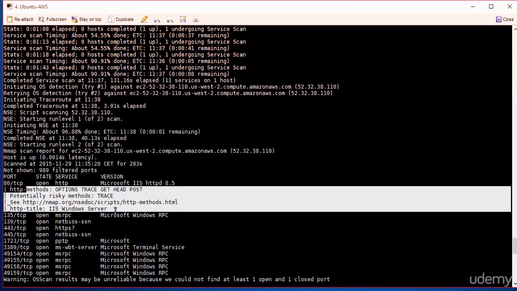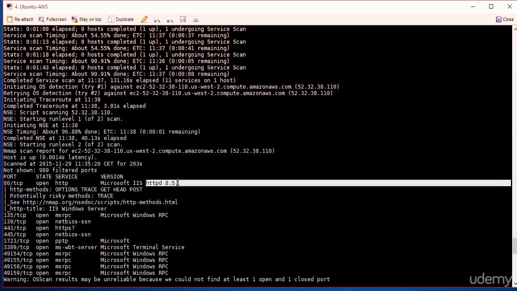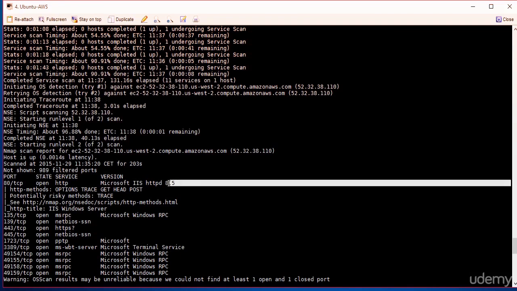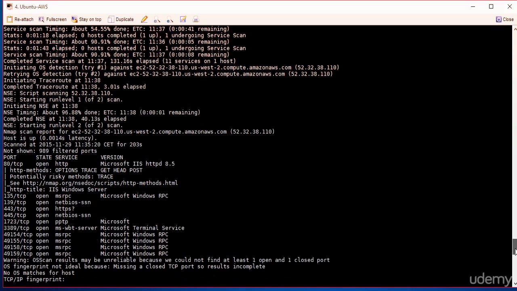It also tells me that it has an IIS machine, and if you look up here, 8.5, that being the version. A hacker would look at this information and say, what are the vulnerabilities on an 8.5 IIS machine? And this information is available on the internet. So because of the version number, the hacker could use it to figure out where the vulnerabilities are and attack the machine based on those vulnerabilities. That's why this information is so powerful, and this type of software is freely available. So let's just keep going,